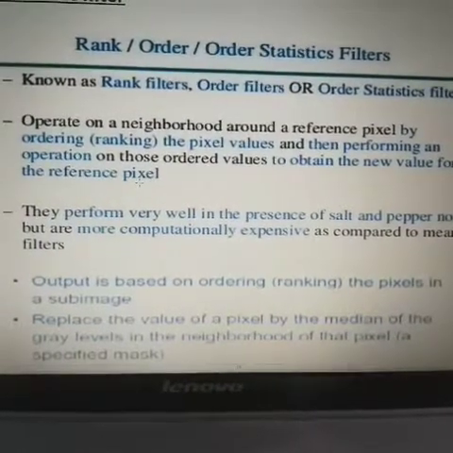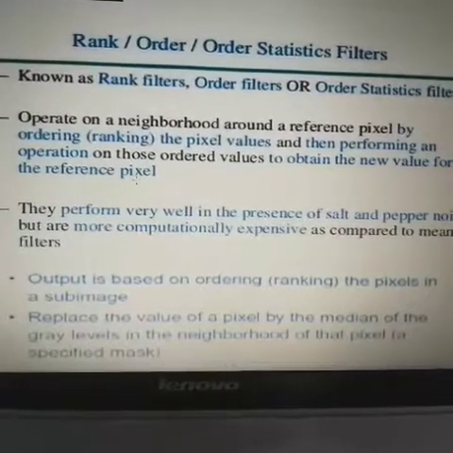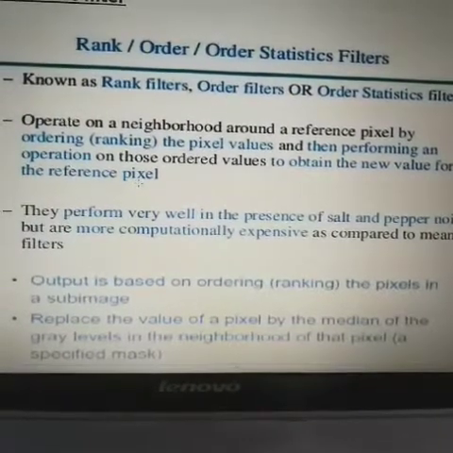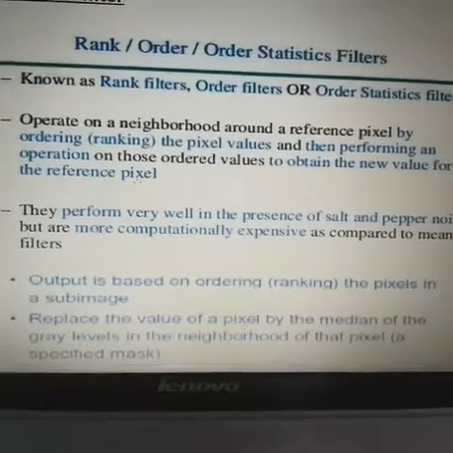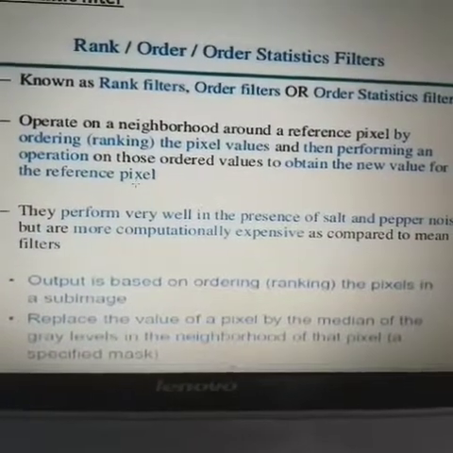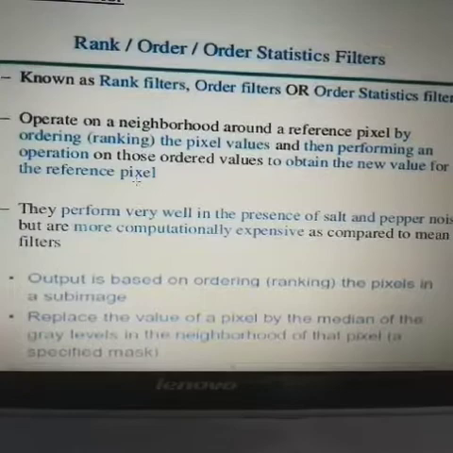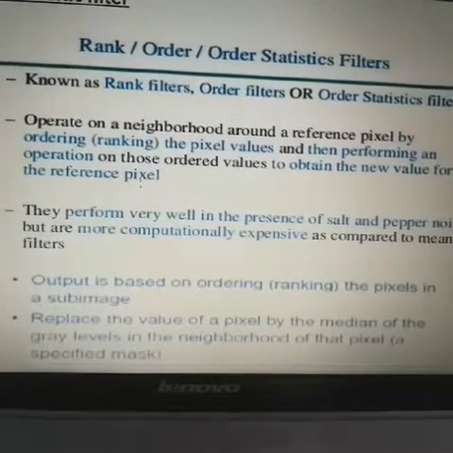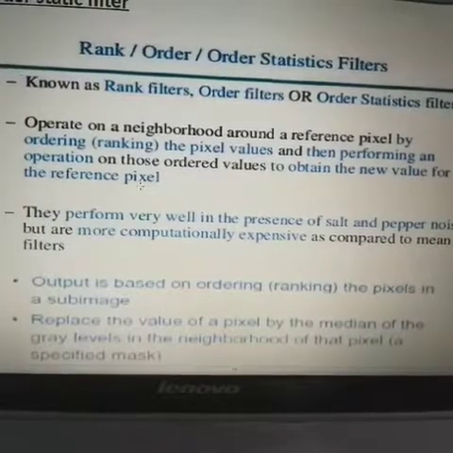These are spatial domain filters whose response is based on the ordering of the pixels contained in the image area encompassed by the filter. The response of the filter at any point is determined by the ranking result.